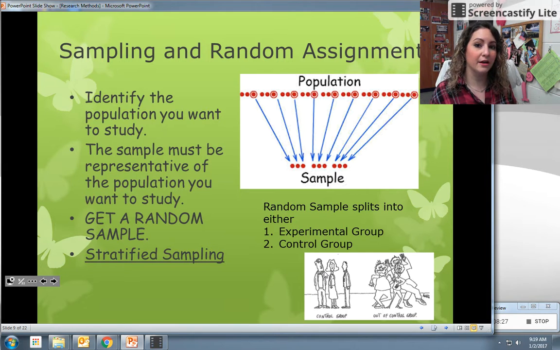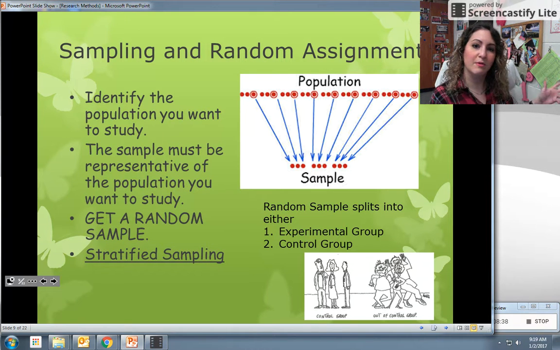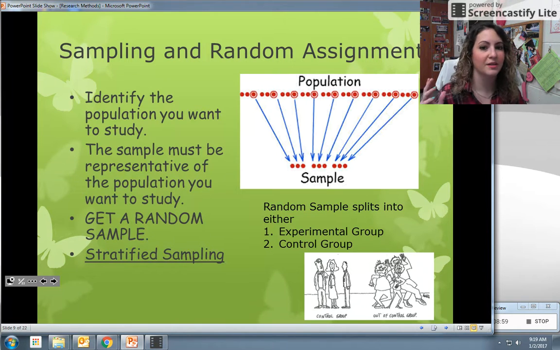You're going to be comparing the results of the experimental group to the results of the control group. Control group didn't get anything, so it's like what you're basing all your information off of. So the experimental group, they get the independent variable, they get the drug, they get whatever you're manipulating. Both groups are going to have some sort of result. The test scores, the height of the plant, or whatever it is, the result of the drug. And you're going to be comparing the dependent variable between the experimental group and the control